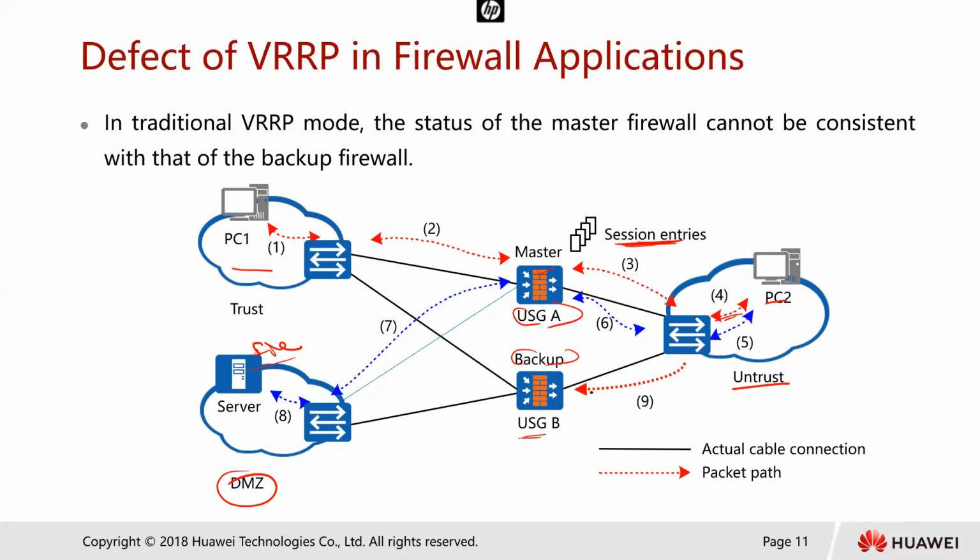If the interface connecting firewall B to the trust zone is in the backup state, but the interface in the trust zone of firewall A is in the master state, and PC1 sends packets to PC2 through firewall A, right? It's going to go ahead and send packets through firewall A. Firewall A will go ahead and dynamically update its session entries, just like normally. So the reverse packets from PC2 now return through 4,